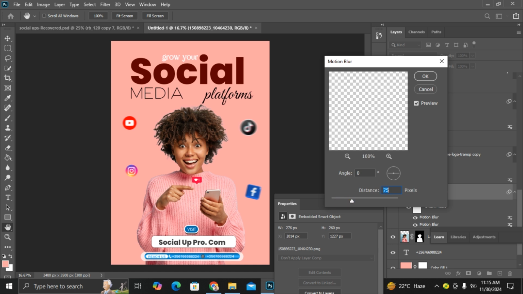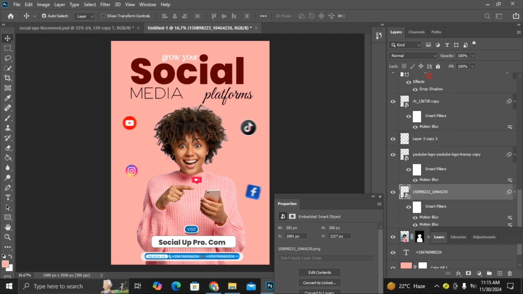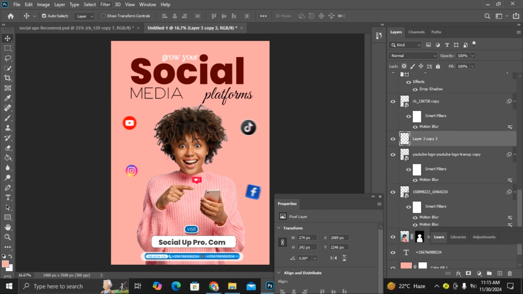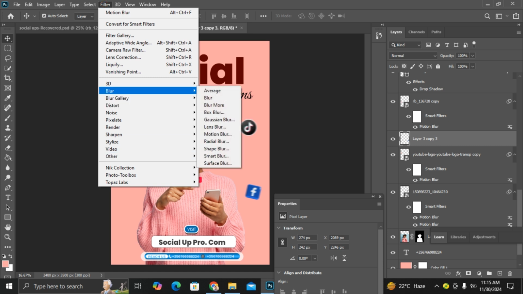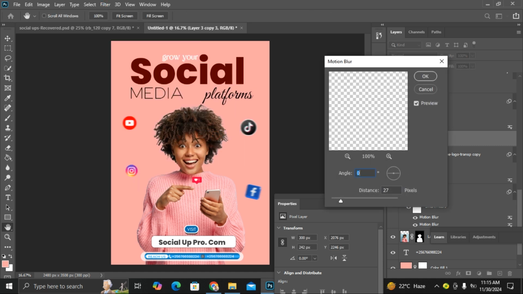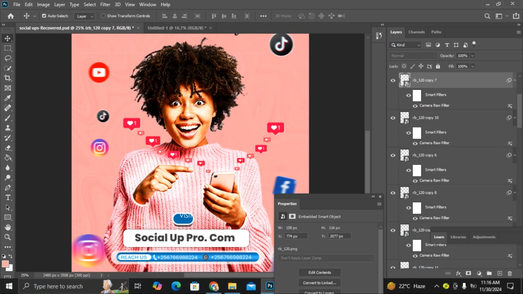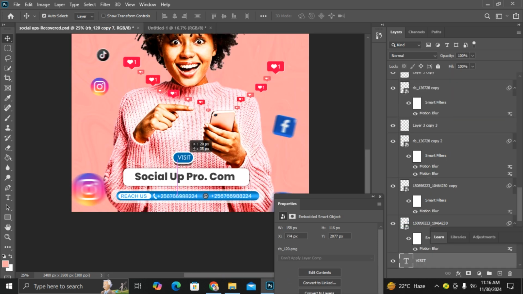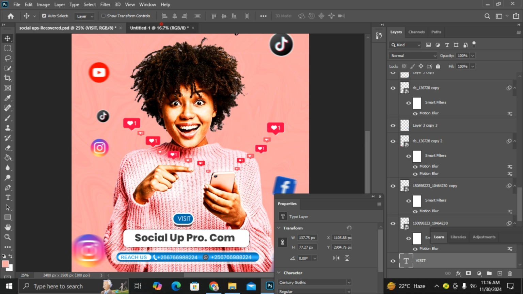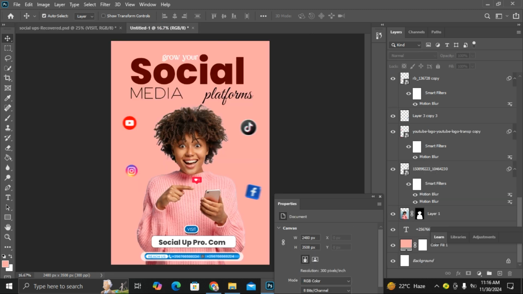That's the only thing that I did for all the icons. The only difference is the distance, but you can place them wherever you want. It's not a big deal. So you have learned that,